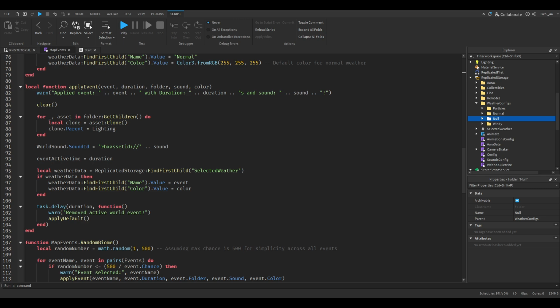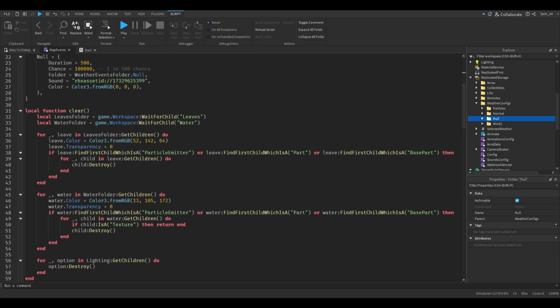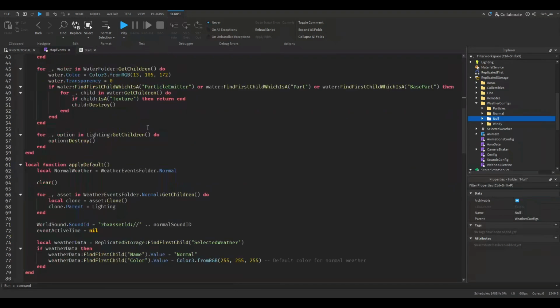So what we want to do is, yeah, you can copy the leaves folder and the water folder from the clear function,